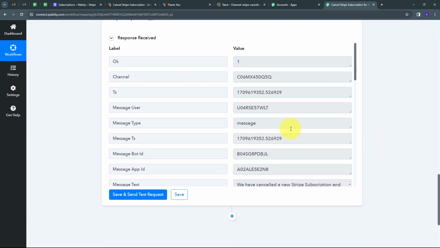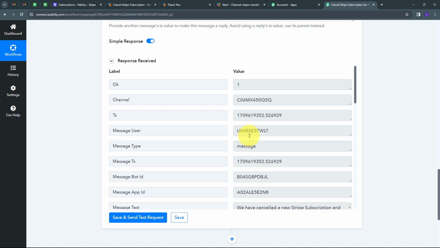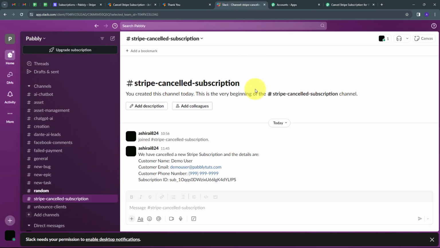And here we can see we have received this response. So this is a positive response, and this means that I have sent a message automatically on my Slack channel to notify my team about my cancelled Stripe subscription. So I'm going to go back to my Slack channel, and here we can see I have received this new